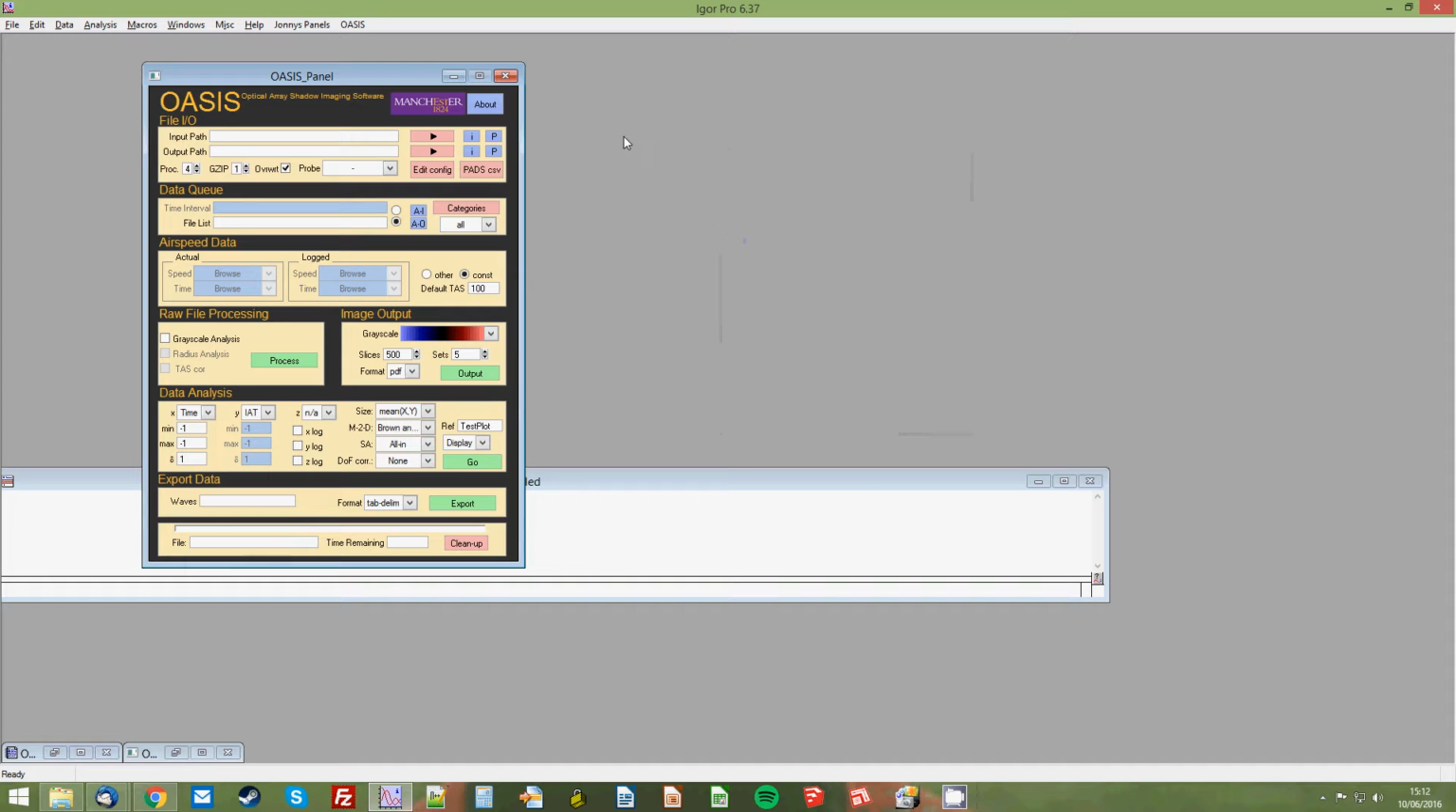Hi, we're going to look at OASIS, some of the settings, to try and understand how we can change the settings to allow us to process data from different types of probes. We're going to look right now at how to process some data from a probe I generally call the CIP100,